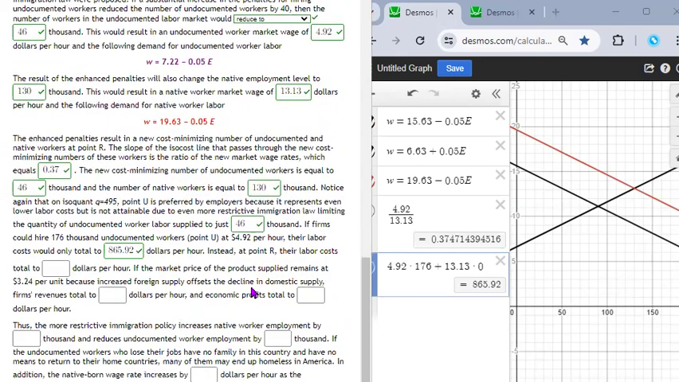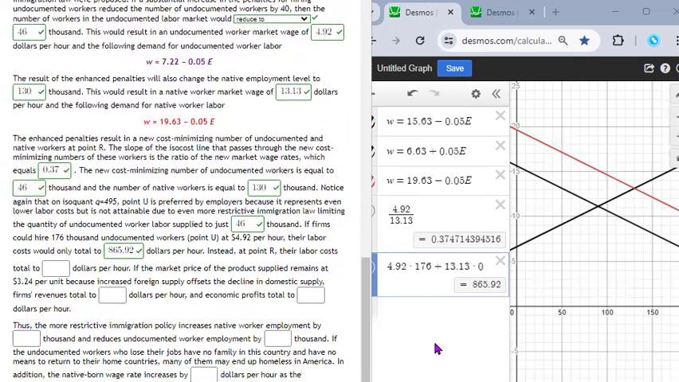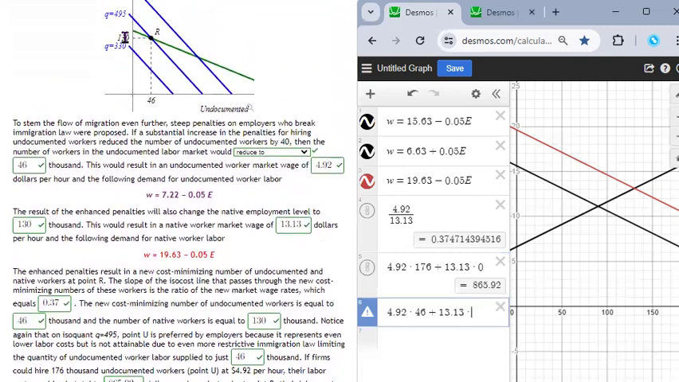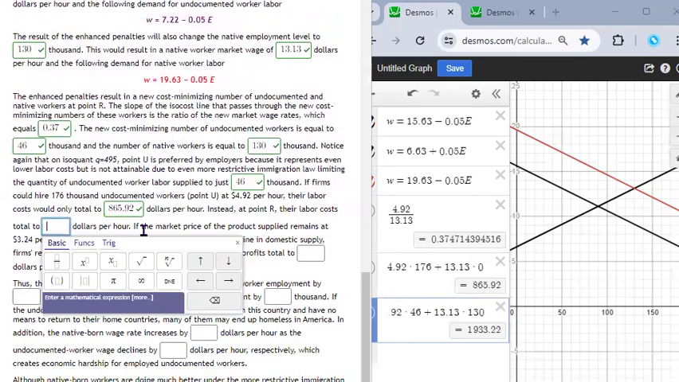Instead of point R, their labor costs are what? Well, we have 130 native-born workers earning $13.13 an hour, and we have 46 undocumented workers making $4.92 an hour, right? So 4.92 times the 46 undocumented workers plus 13.13 per hour times the 130 native-born workers hired at point R. That results in a cost of 1933.22